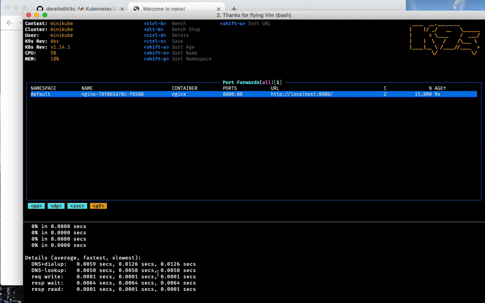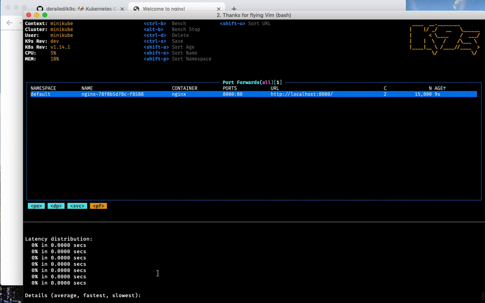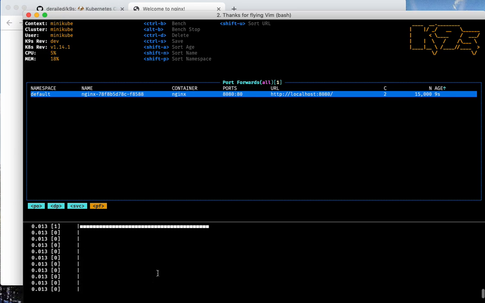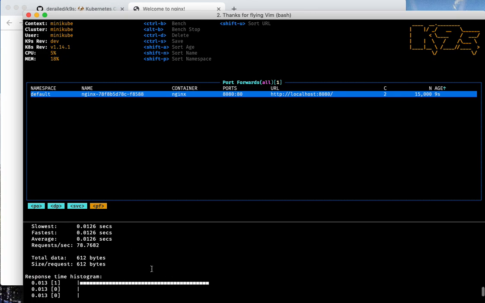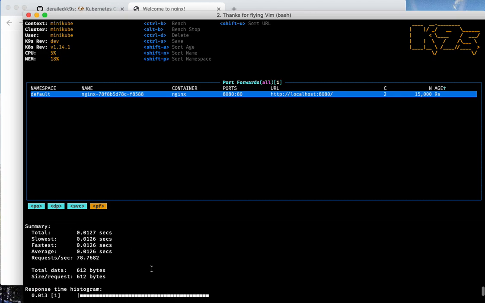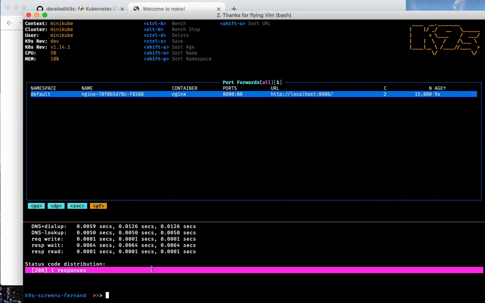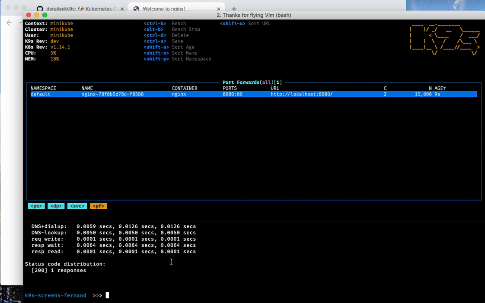This tool, the Hey tool, is so awesome on so many levels. You have the ability to see the latency of the calls, a nice histogram about how long each of the requests has taken, requests per second, total time. All that stuff is just gravy and totally cool and very useful. So given that, I thought, well, it would be really nice to be able to incorporate that Hey tool directly into K9s, so I don't have to go to another shell to benchmark my cluster.